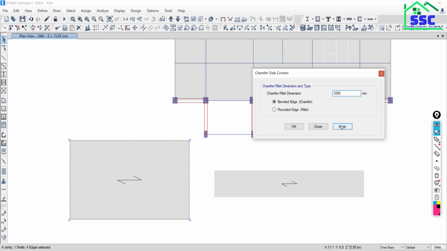So beveled edge chamfer, say apply. Is it okay? Undo and previous selection and just put 2000, so you will understand more. Say apply. And for this slab, only for this front corner, I want this round circle by 2000, say apply.